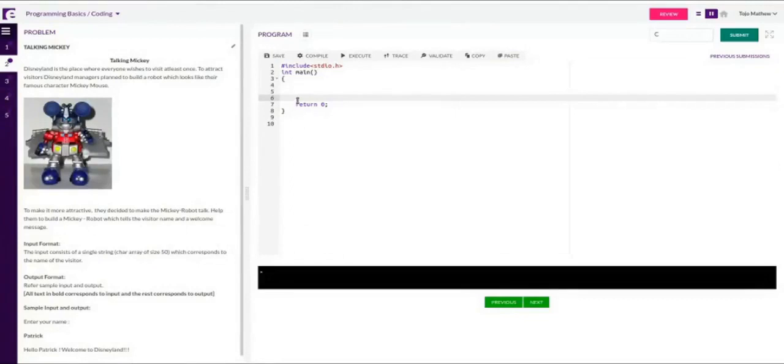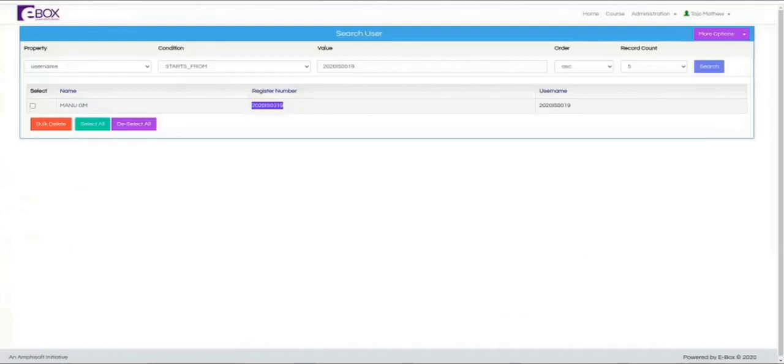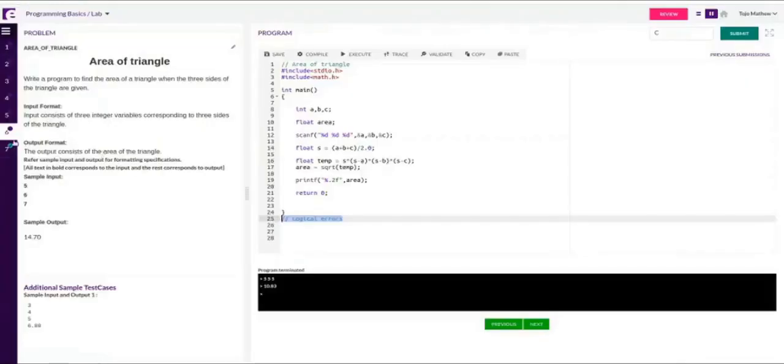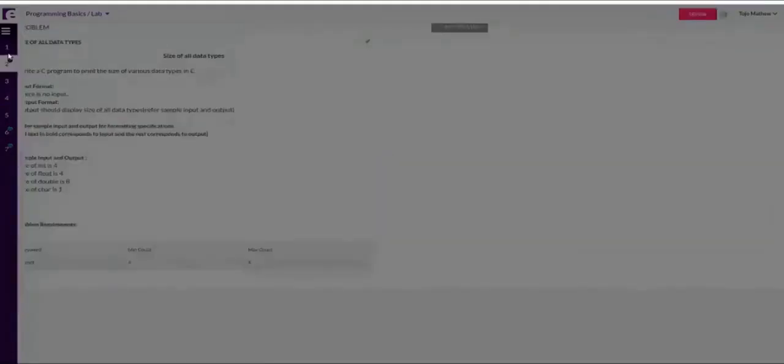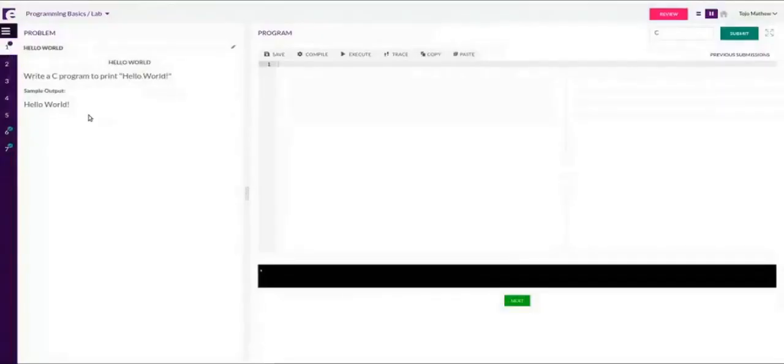Okay, sir. So the last problem you solved was in which tab? This was the iLab 6th problem. Okay, iLab, sir, 6th problem. The 7th problem, the sum of two numbers, is very simple. First program simply displays hello world. The sample output is Hello World. H is capital, W is capital, and there is a space. You have to give exactly this format. And since it is a simple program, they have not given validate. You have to just simply submit it.